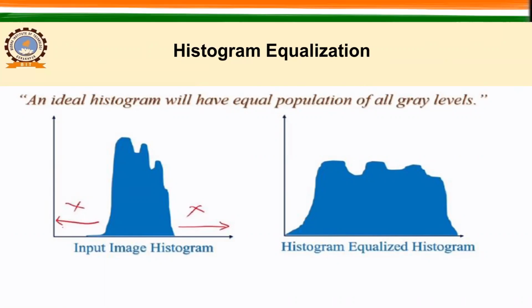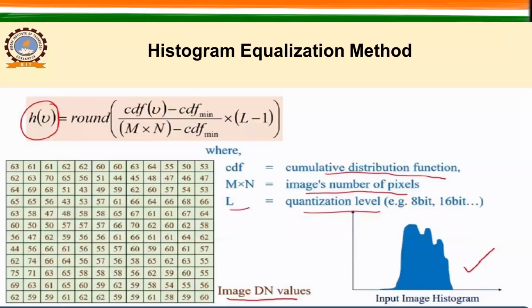So this is the input histogram before the histogram equalization, and this is the output histogram. So what happened? In the output, this range has been used, which was not used here, right? I hope this is clear to you. Now see, here we use this particular method and we identify the output value, right?